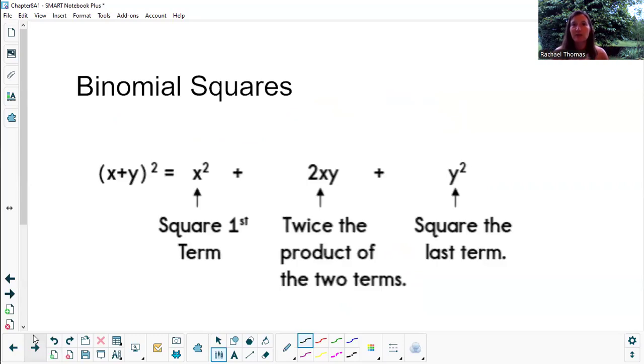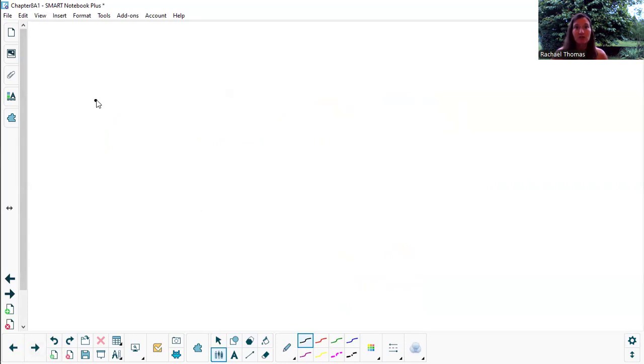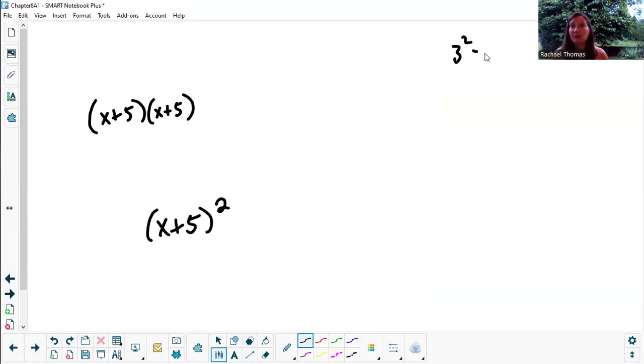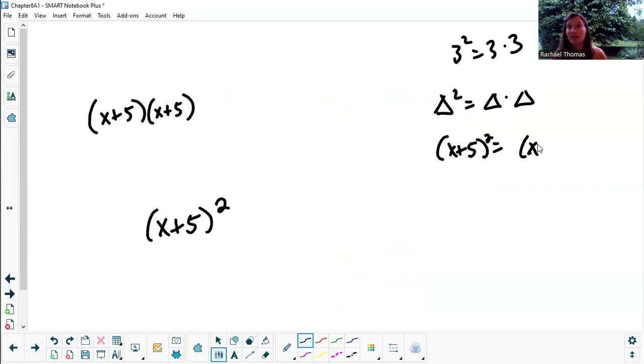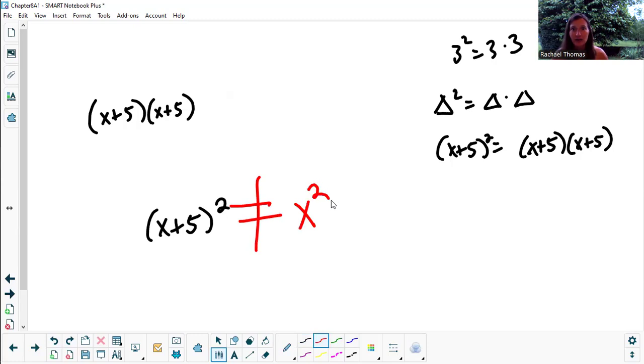Last quick pattern here to be aware of is binomial squares. By this I would mean, what if I asked you to do x plus 5 times x plus 5? And I noticed that we know what squared is, right? Like if I said 3 squared, it means 3 times 3. If I said triangle squared, it means triangle times triangle. If I say x plus 5 squared, it means x plus 5 times x plus 5. So this square on the outside of the parentheses, I can't just sprinkle it in like the distributive property. This is not x squared plus 5